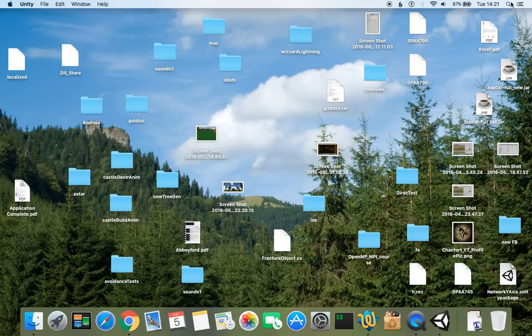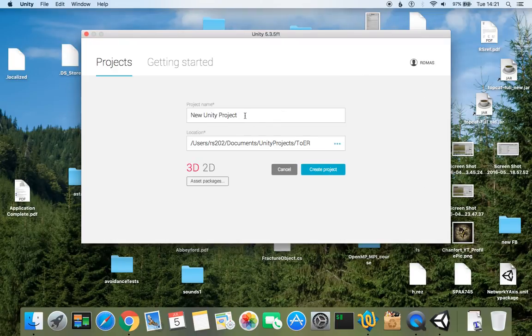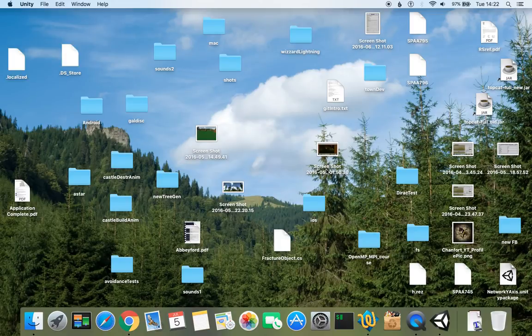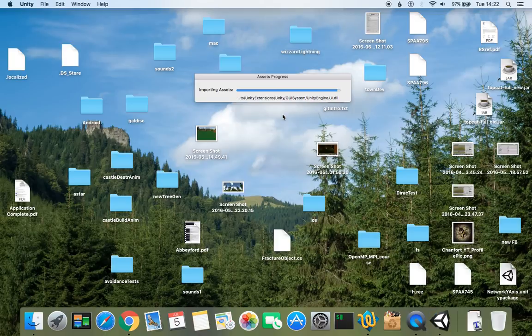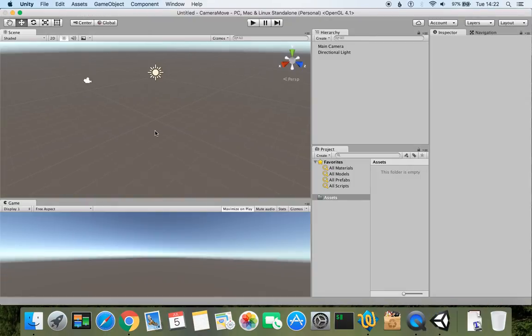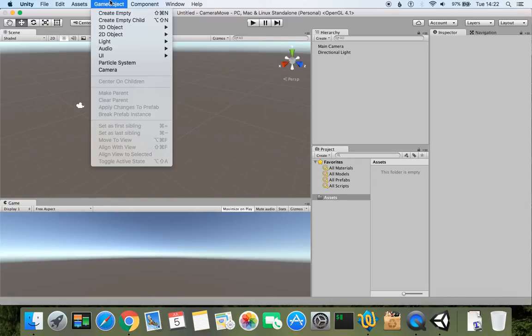Unity, new project, and let's name it camera move or something like that. Create project. And so here it is. Here is the project. Now we can add a terrain game object